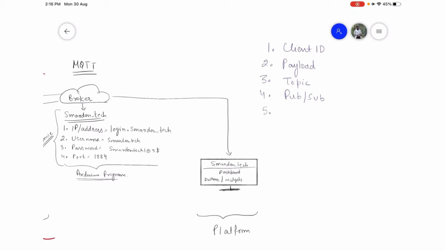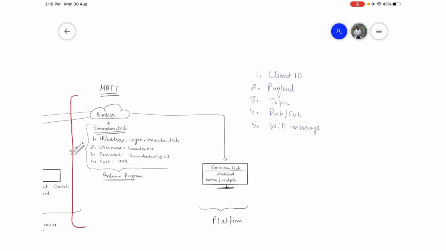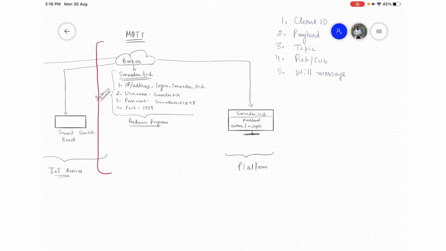Fifth one is will message. So these are the terms that we are using in our platforms, and you guys must understand these things properly in order to get started with MQTT and to learn the connections between the devices and the cloud.